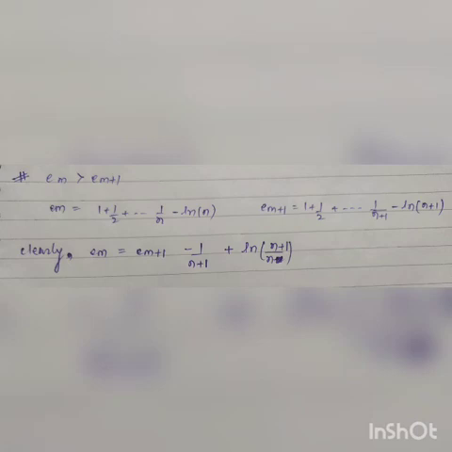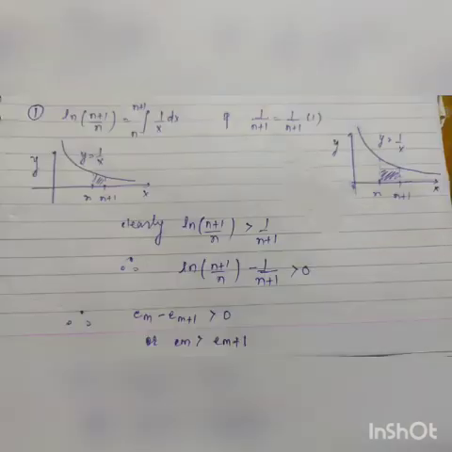So in the first method, we again use the same area concept. Here, log of n plus 1 over n can be thought of as the area under the function 1 over x with the x-axis from n to n plus 1, which is shown in the diagram below, and 1 over n plus 1 can be thought of as the area of a rectangle having sides 1 over n plus 1 and 1, which is also shown in the diagram.